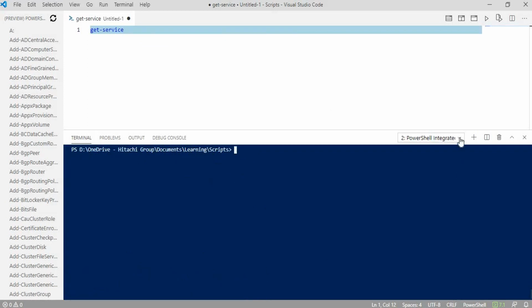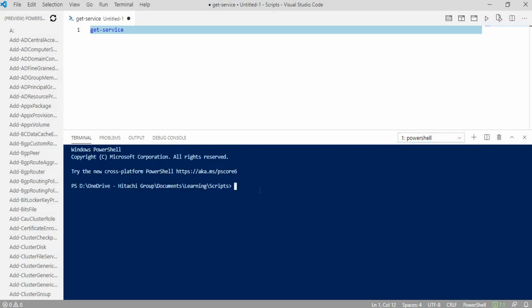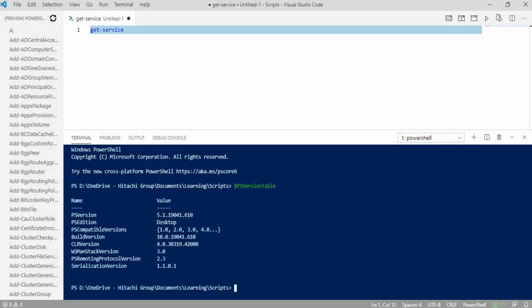In case we want to work with the Windows PowerShell version, we can do that as well. We can select PowerShell here, and if you check its version, it is PS version 5.1 and PSEdition is Desktop, which means it is Windows PowerShell.